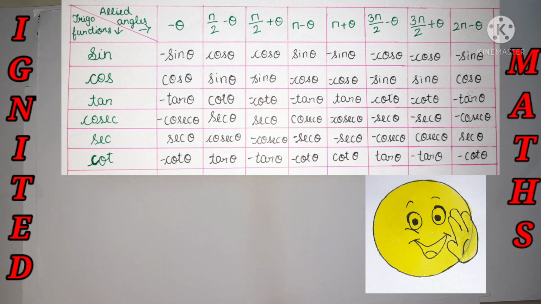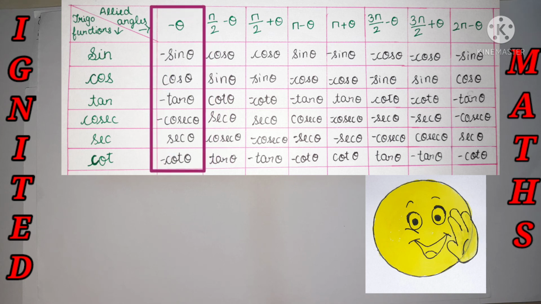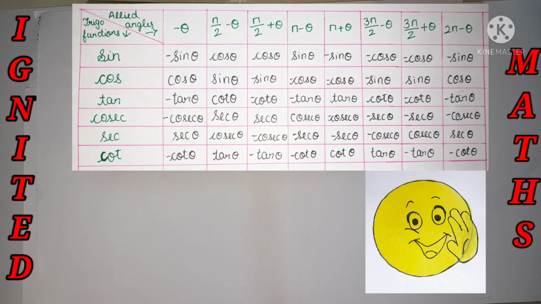That is nothing but sine of pi by 2 minus theta, what will be the value? Sine of pi by 2 plus theta, what will be the value? Sine of 3 pi by 2 minus theta, sine of 2 pi plus theta, 2 pi minus theta. All these things are important for doing exercise 3.2, plus the trigonometric functions of negative angles. That is nothing but sine of minus theta, cos of minus theta, tan of minus theta. All the trigonometric functions of negative angles, allied angles, complementary angles, supplementary angles, whatever, are important for doing exercise 3.2.